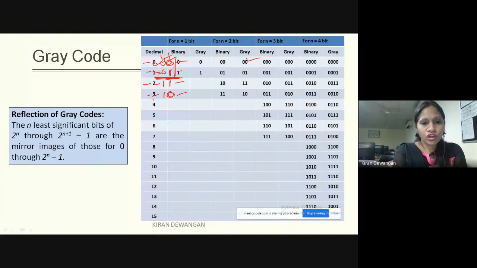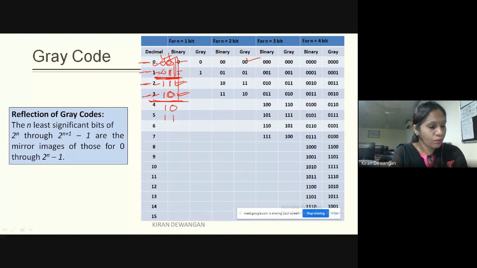Now if we are moving on to the 3 bits, अब मिरर आपका यहाँ शिफ्ट हो रहा है. यहाँ पर we are already having 4 नंबर का कोड, जो हम ऑलरेडी लिख चुके हैं. Now we have another 4 numbers like 4 5 6 and 7. तो हम क्या करेंगे, यहाँ पर मिरर शिफ्ट करेंगे. What will be our first value after mirror? The first value will be 1 0, because this is 1 0. Clear? The next value will be 1 and 1.